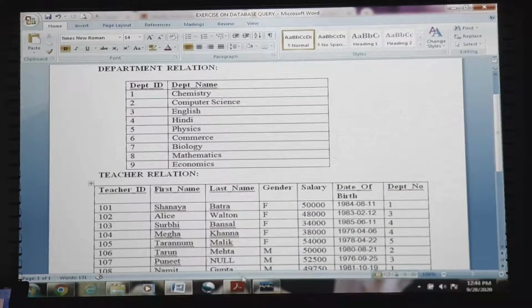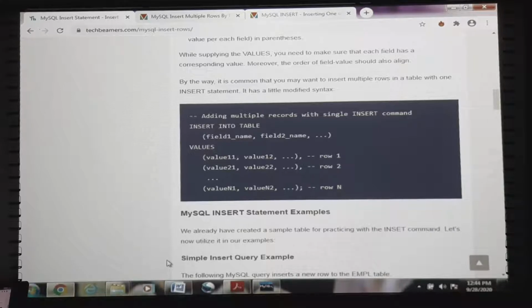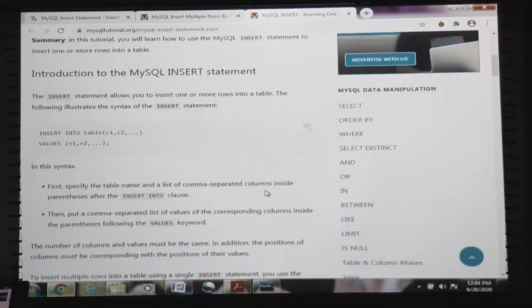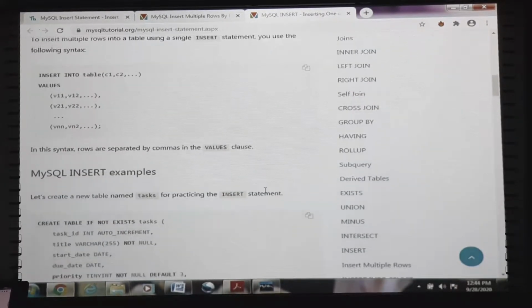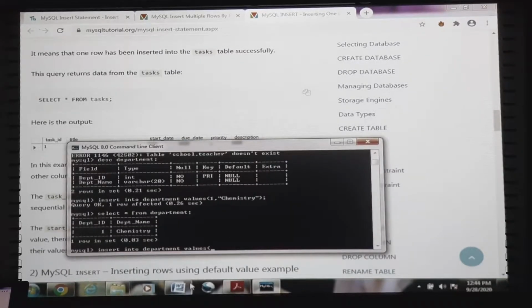Here we will simply use the same command, insert into department values.